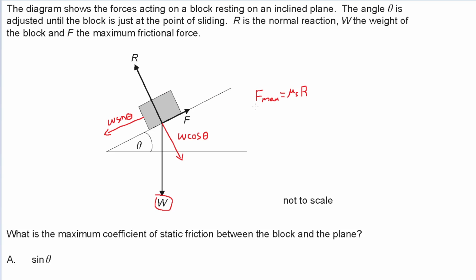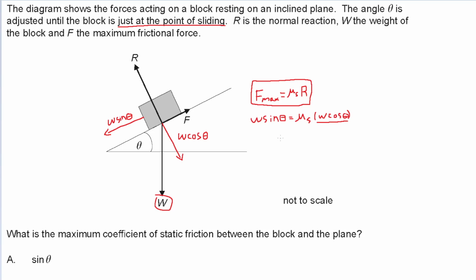So we have this equation in our data booklet, and using these components, we can plug in F max as W sine of theta and R as W cosine of theta, because W cosine of theta is equal to R, since they're balanced, because this is at the point just before sliding. So now if we divide each side by W cosine of theta, we're going to get, well, the